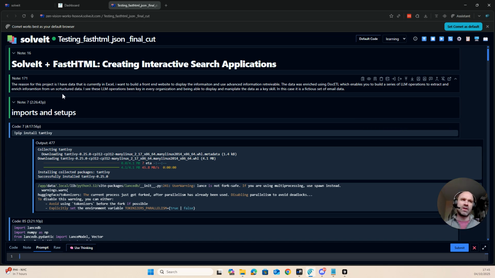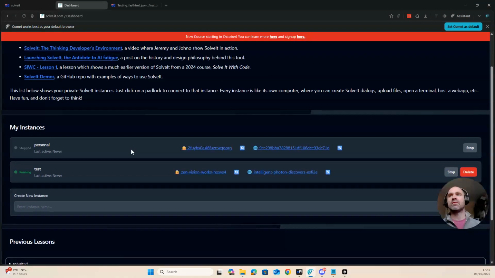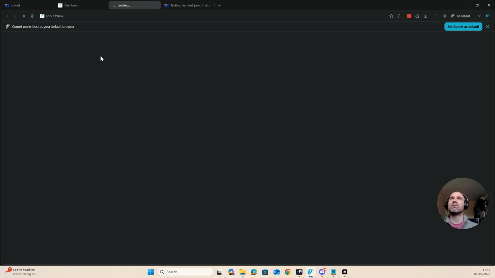So I'm not going to go through everything. I'm just going to give you a quick overview of how I've built this app. When you're using SolveIt, you've got instances. You can think of that as a kind of Docker container, and you've got access to that in two different ways. One, you've got the web displaying. So if you're creating a FastHTML page, you can actually display that link to people. If we click that,